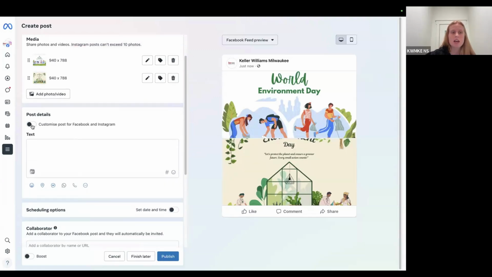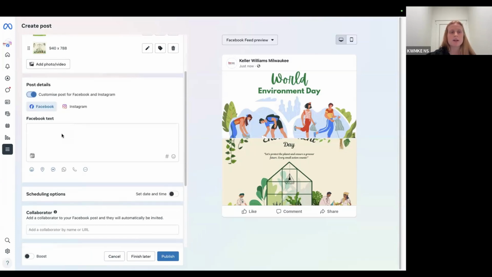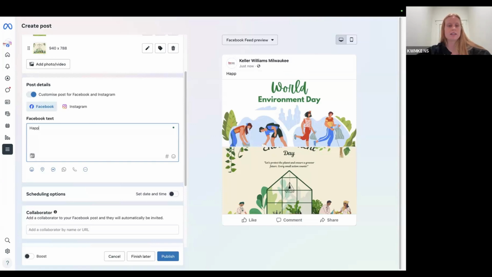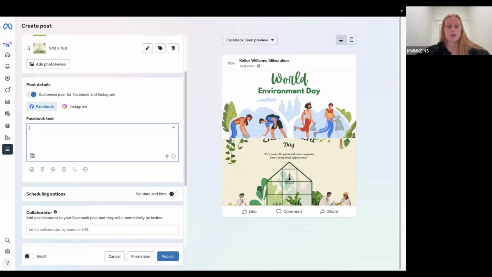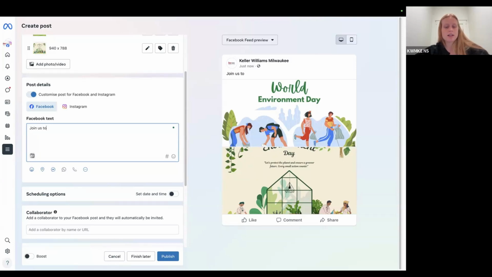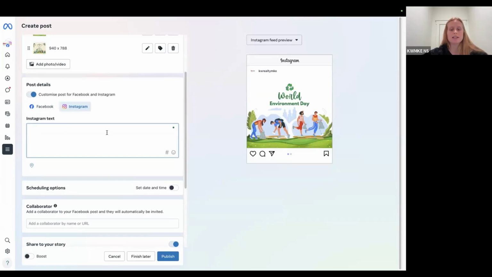And then here you can customize your post for Instagram and Facebook. So let's say you wanted this to be different, like join us to celebrate. And then on your Instagram, you wanted to say happy World Environment Day.